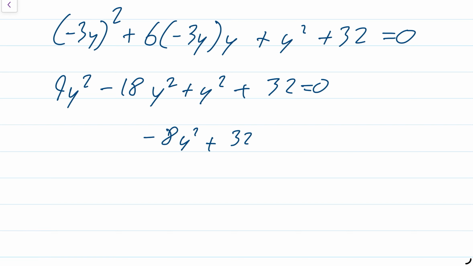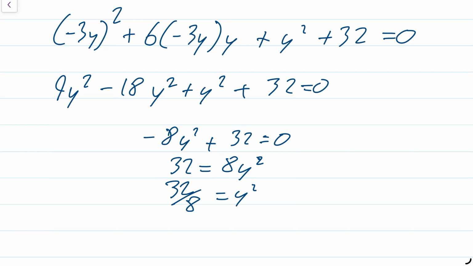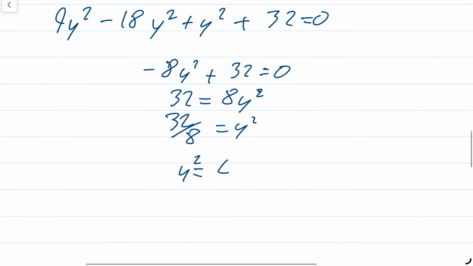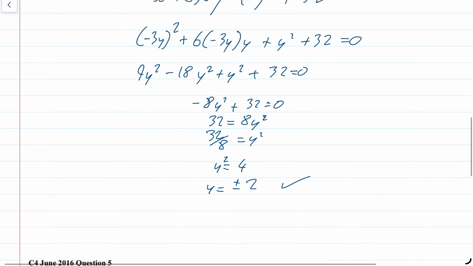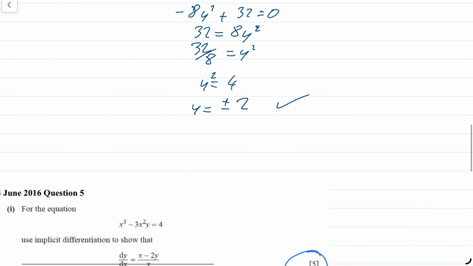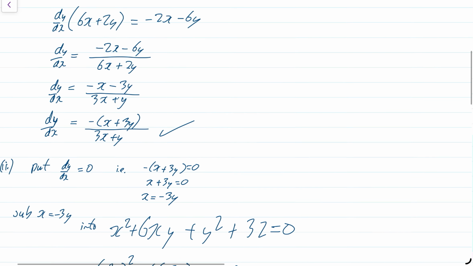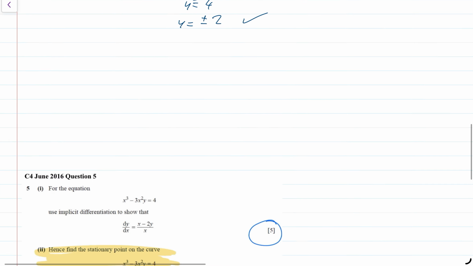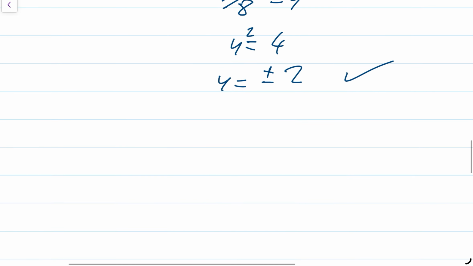plus 32 equals 0, which means 32 is equal to 8y squared, which means 32 divided by 8 is equal to y squared, which means my y squared is equal to 4, which means y is equal to plus or minus the square root of 4, so plus or minus 2. And then you need to find the corresponding values. Remember up here, we said x was equal to minus 3y,